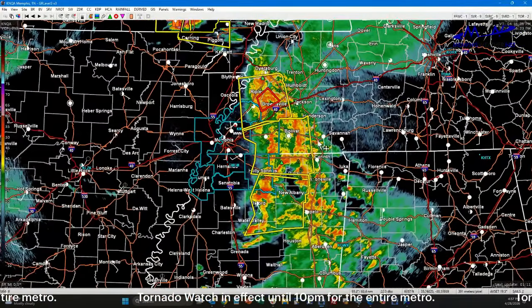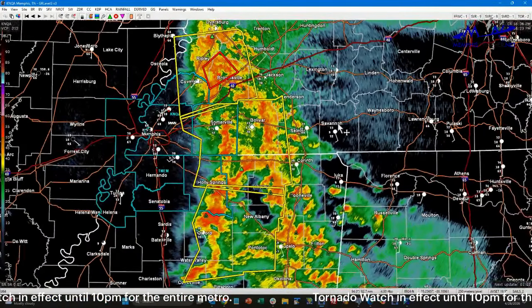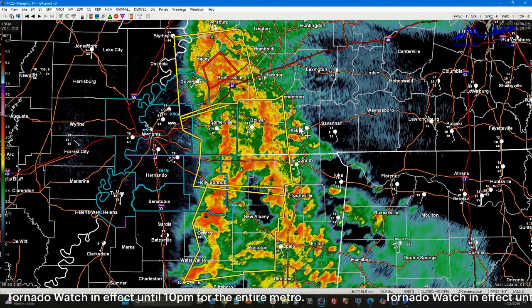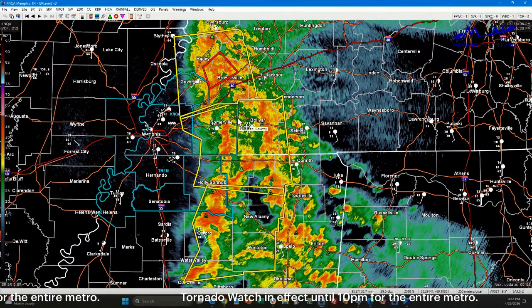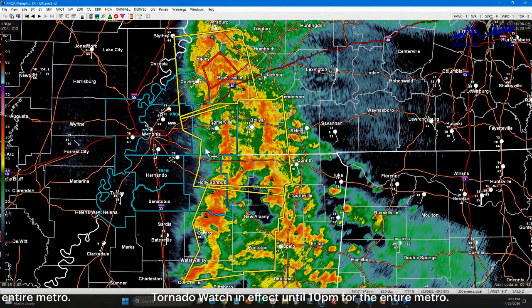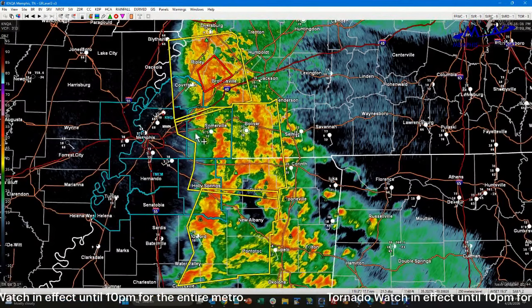So let's go back and see what we've got presently. And for those of you who are watching and you're still off to the eastern part of us, we will stick with this live stream for a little bit longer until the majority of these storms have gotten over to the Fayette County line and east of Marshall County. So we're looking at probably another 15 to 20 minutes or so to get these storms off to the east, and then we will be calling this